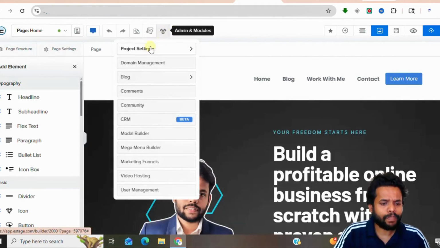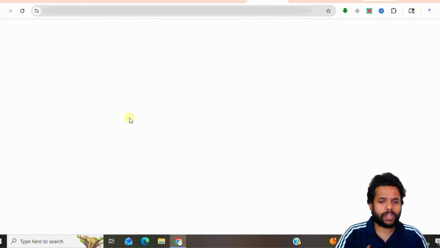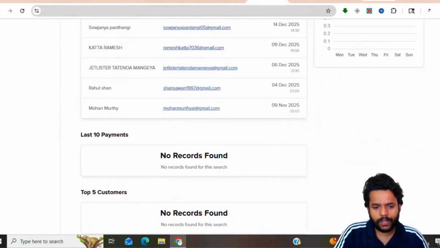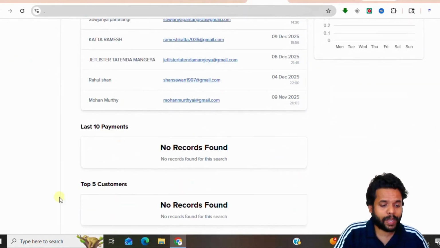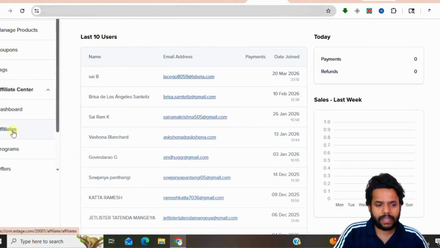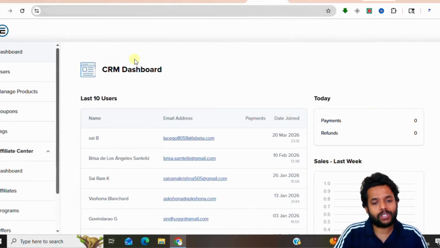And apart from that, you have a blog, as I said, a community is available, and CRM. This is the advantage here. On CRM you can watch everything your customer is doing, where your customer came from, how much payment they have made, each and everything you can watch in the CRM. So this is the CRM. You can watch the last 10 payments, top 5 customers, how much they have spent, how much got refunded. There is an affiliate center also, but each and everything will be discussed in my upcoming videos,